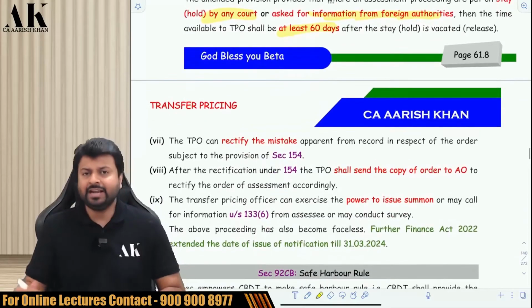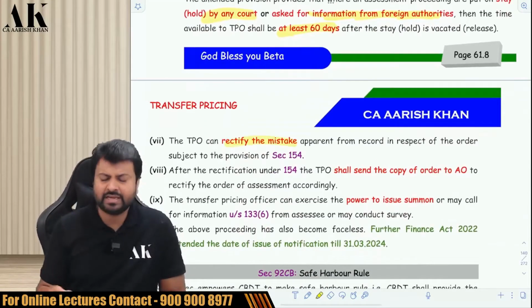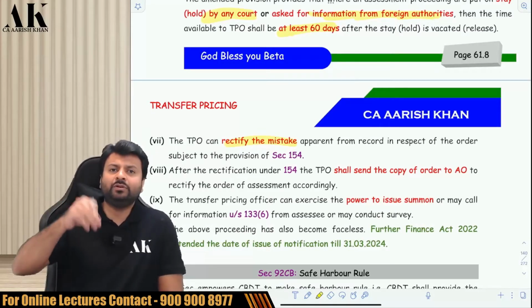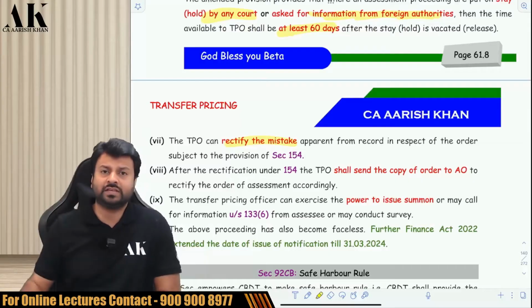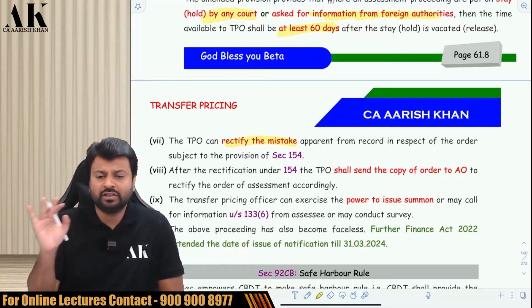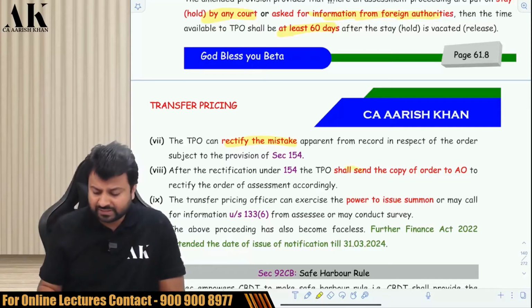Next. Can TPO make a mistake? Yes, why not? He can make a mistake, and if he is making an apparent mistake, he will rectify the order as per section 154. Now whatever TPO says is binding on the assessing officer. So whatever TPO will say, it is binding on the assessing officer, and if it is binding on the assessing officer, then even the assessing officer has to